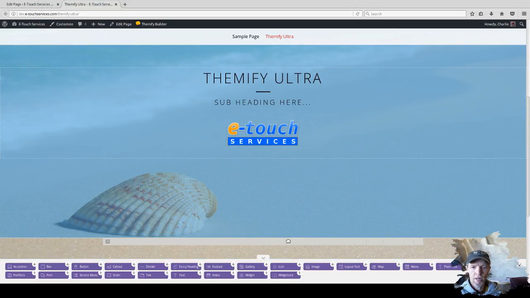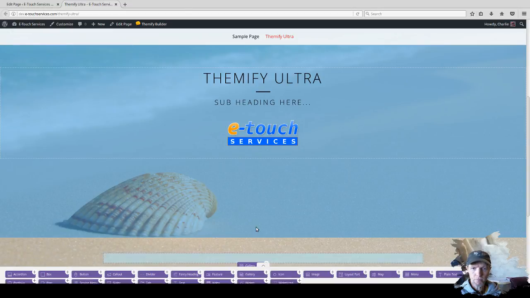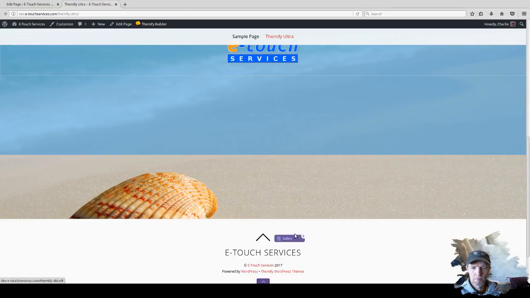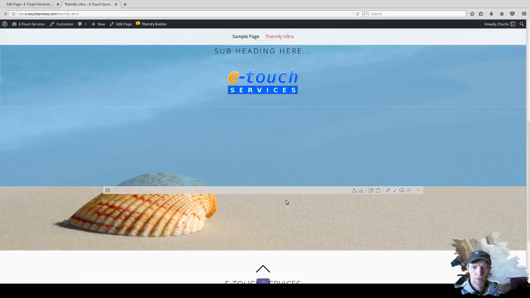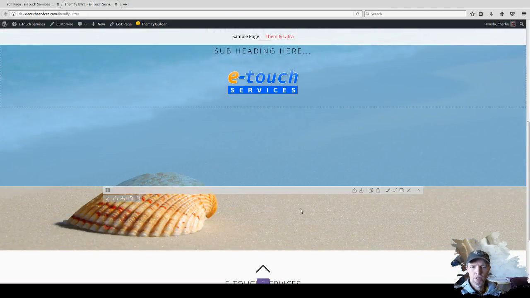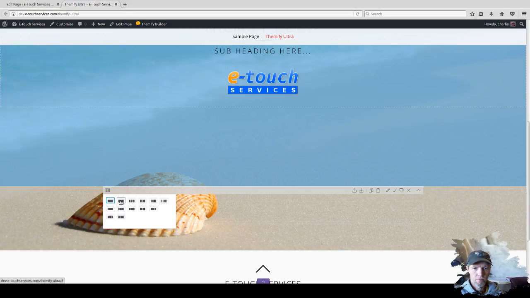You can create a gallery, like if you wanted a gallery of images. Let's go ahead and I'm just going to kind of click away there. As you can also see, it automatically puts in another row at the bottom, so you can always keep adding rows, the one below it. So if you want one below it and you want to make one that's split, we'll just do this one like this,